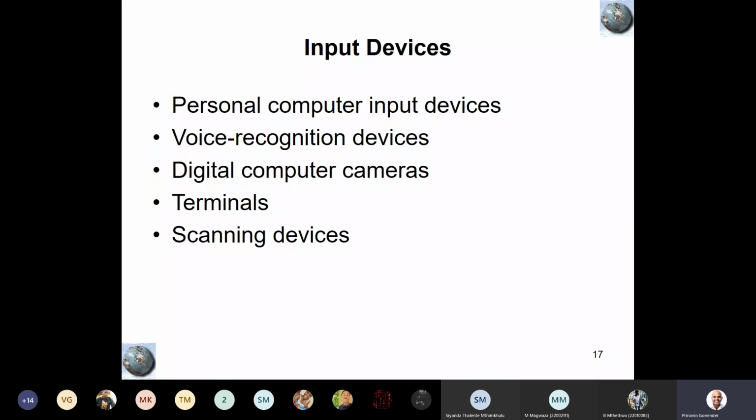Input devices, you have your personal computer that can basically talk to your computer, and it will be able to access the drive. Voice recognition devices, you have a computer that is able to